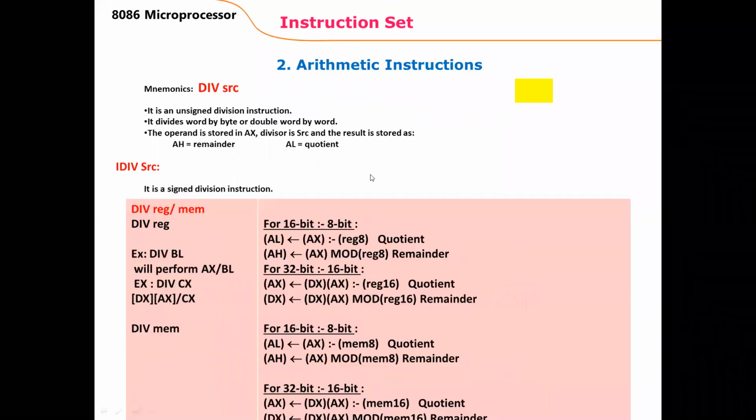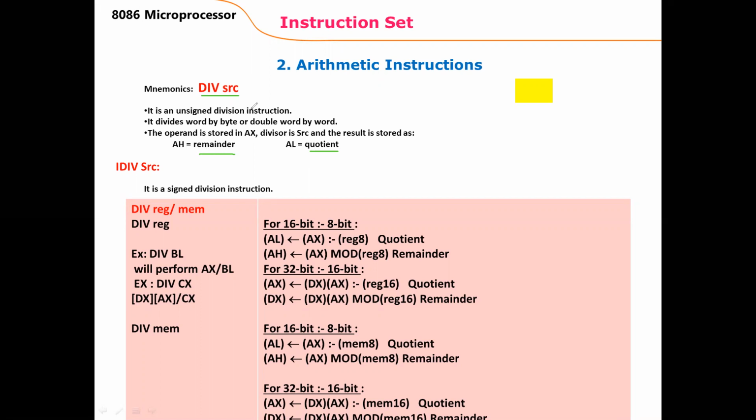Similarly, we have division instruction also in case of 8086 microprocessor. In division instruction, again, we can perform division directly in the case of 8086, while in case of 8085, there was no such instruction. Now, we need to take care of two things here. One is to store the quotient and another is to store the remainder after the execution of the instruction.